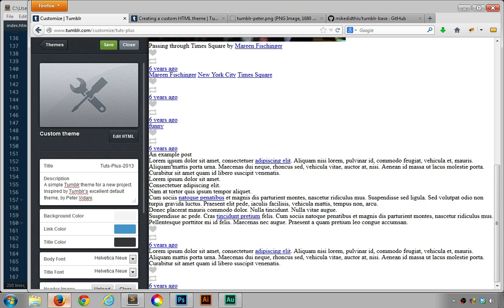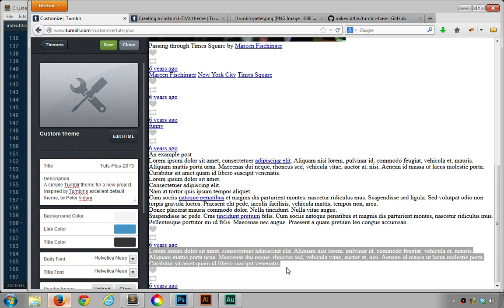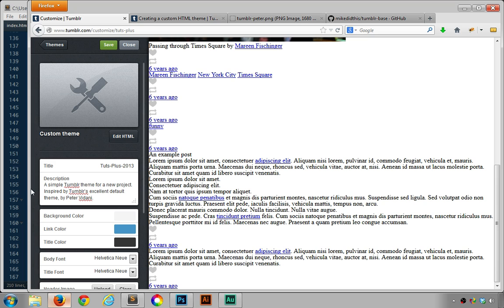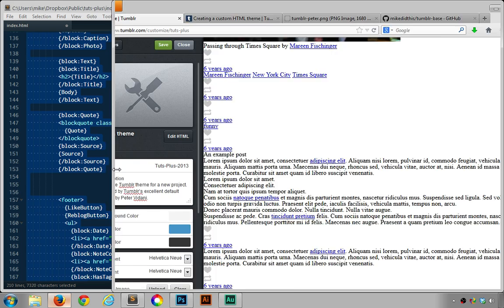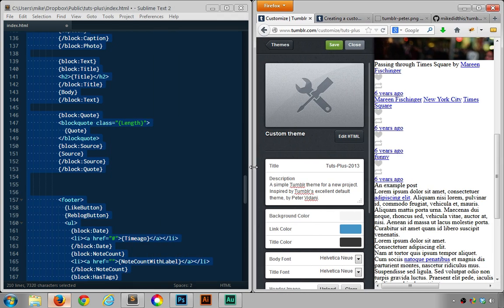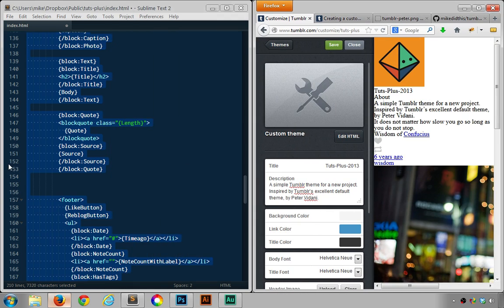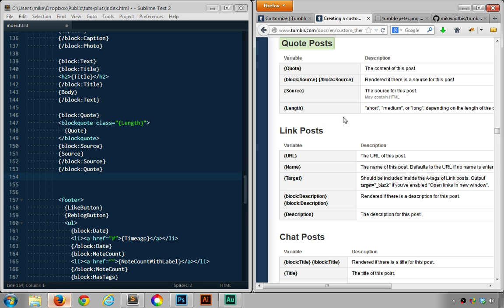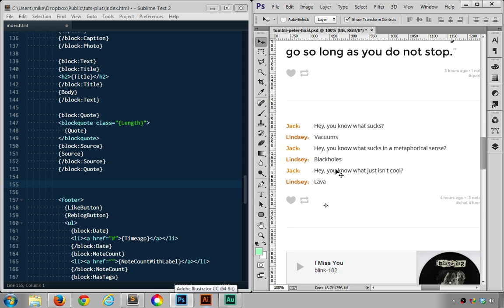Here's our text post with a title. Here's the content for a text post. And then finally, here is the text post without a title. Now again, I apologize for the lack of visual separation, but let's just get the markup out the way and we can worry about the style later. So that is the quote post type taken care of, and then we're going to look at the chat